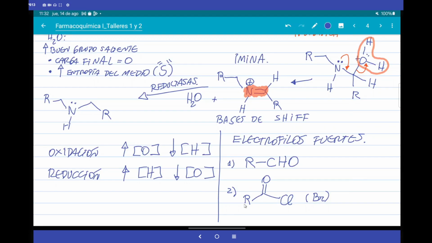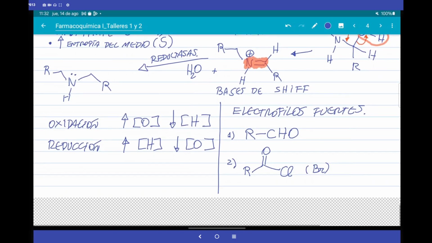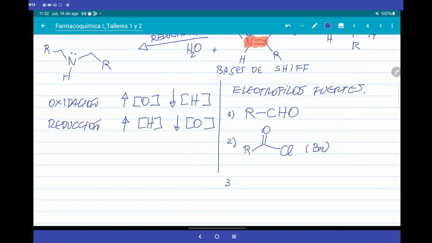Okay, and then a third electrophilic group occurs to you. Some others, remember some from the past. Some other electrophilic groups? Yes, of course, because we make reactions with this, as it is already used to form amides or any other system. Well, another electrophilic group are mostly carboxylic acid derivatives, the anhydride.